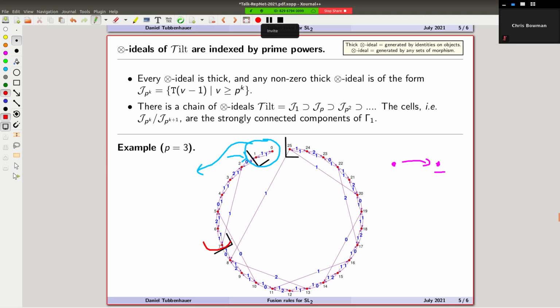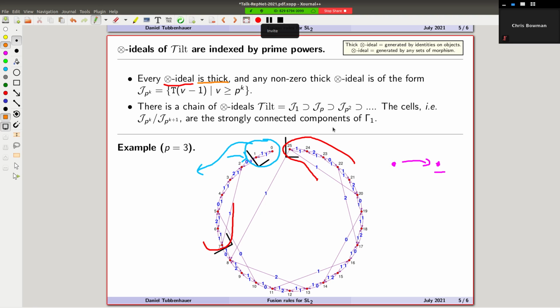And in each prime power, you see a next slice because of those missing edges. And the long edges jump you exactly to the beginning of the tensor ideal. Exactly down to the beginning of the tensor ideal. And the statement then is that every tensor ideal, and when I write this funny symbol tensor, then it's actually, strictly speaking, an ideal defined on morphisms, but the statement is I don't need to worry about morphisms. Every tensor ideal in this case is thick,